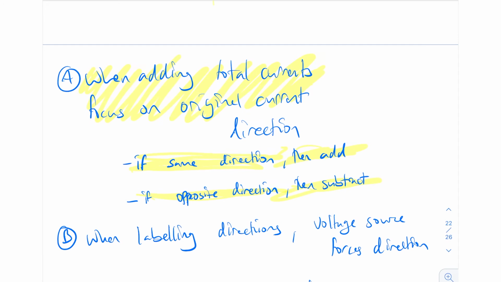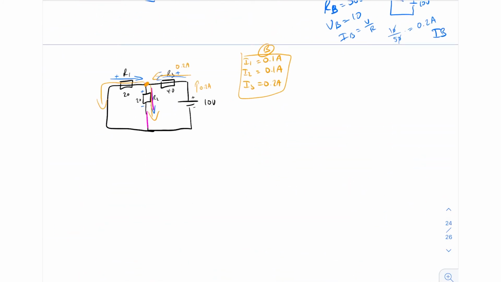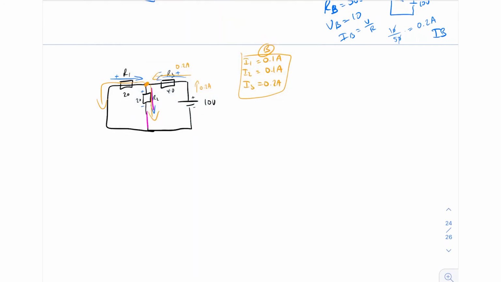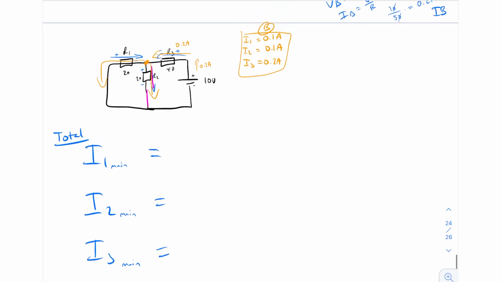So let's just go through this. Let's just do it now so you can get the hang of it. To finish this off, we're talking about I1, I2, and I3, and now we're not talking about the individual circuits, we're talking about the total for the main circuit. So we can say I1 main, I2 main, I3 main. This is for the main circuit, is equal to, and then what we can do is